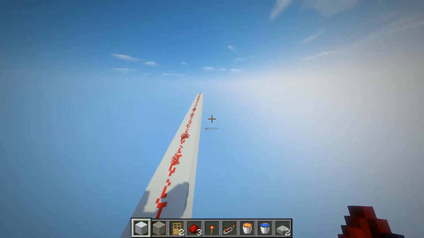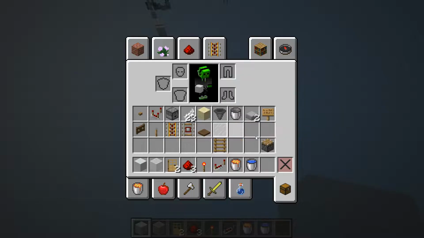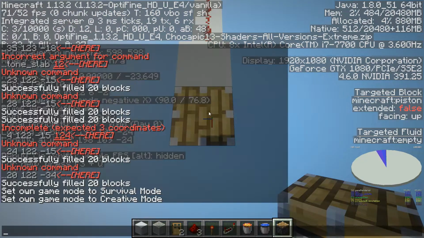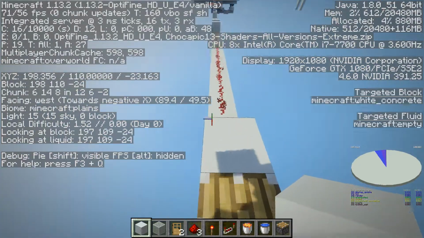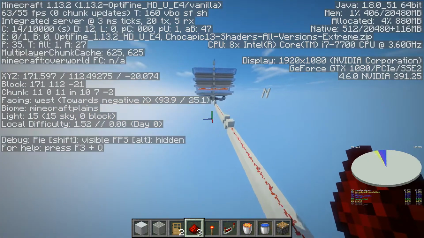Alright, and now on this last block here, place a block up and your piston right there. Now break that, and you should see this piston, the Y level. For me it's 110. You should know where your Y coordinate is. When your piston is not extended, take note of that Y level. Now go over to your hopper,